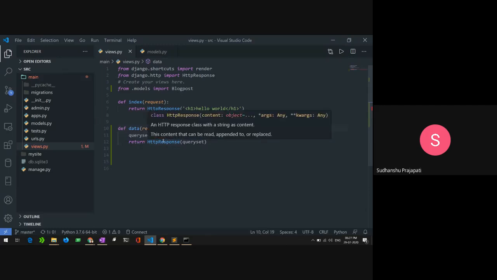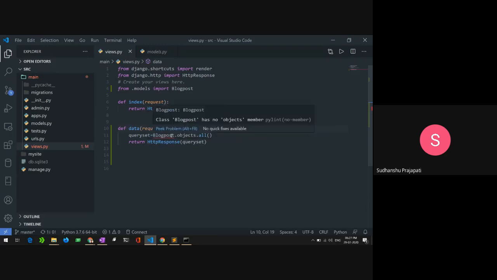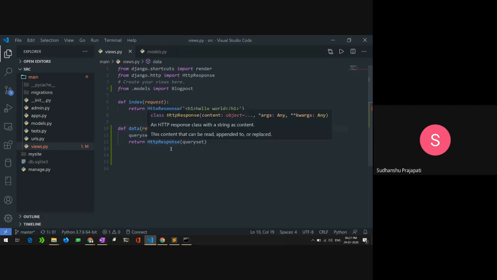So we created a view. Now we have to configure it with a URL, so that when we type a URL, it can go to that view, named data, and fetch all the objects inside the database. The table name is blog post, and whatever list we get from the database, we give it to the variable named query set. After that, it will return the response in HTTP, containing the variable query